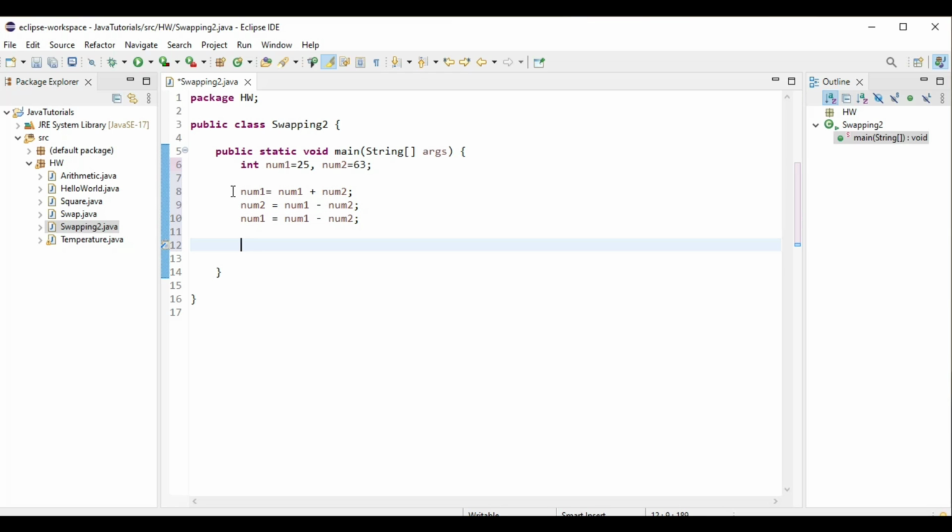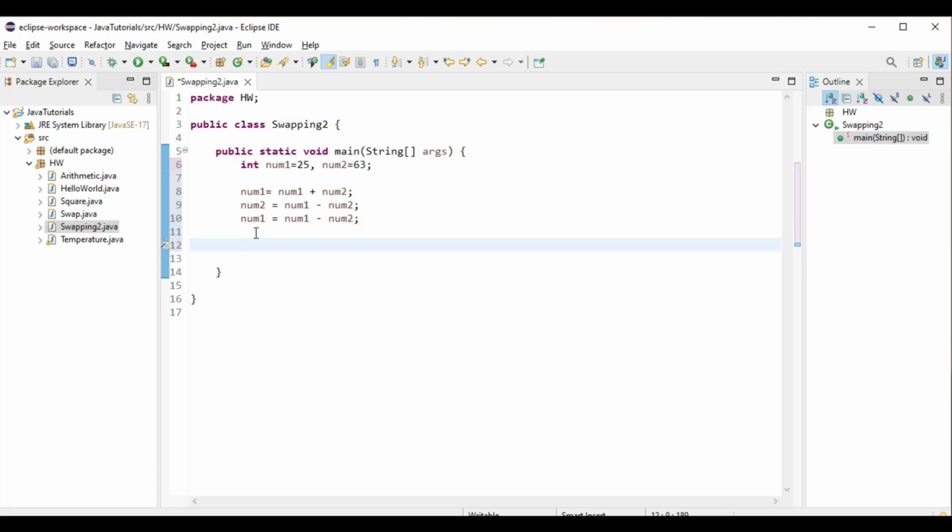So just using these three lines of code, we are swapping the two values 25 and 63 with each